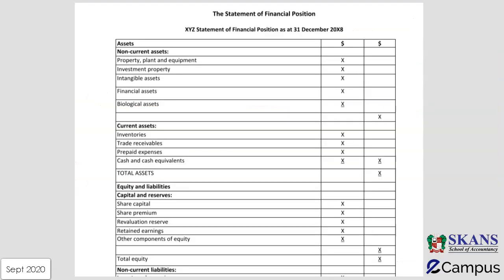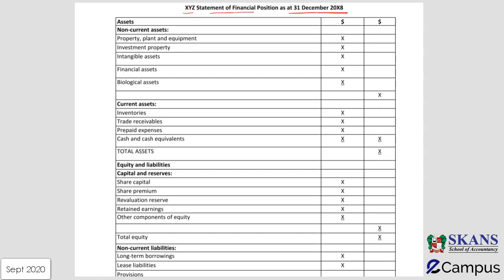Here, as you can see, we start off with the format of the statement of financial position: XYZ company, statement of financial position as at 31st December 2008. As per the format, we first show the assets of this particular company. Under the head of assets, we first show non-current assets. Step number 1, we have property, plant and equipment. This we cover under IAS 16. So ultimately, in all the different standards that we study, we learn how to calculate the figures for certain accounting items. Here we will see where in the financial statements these items are reflected.